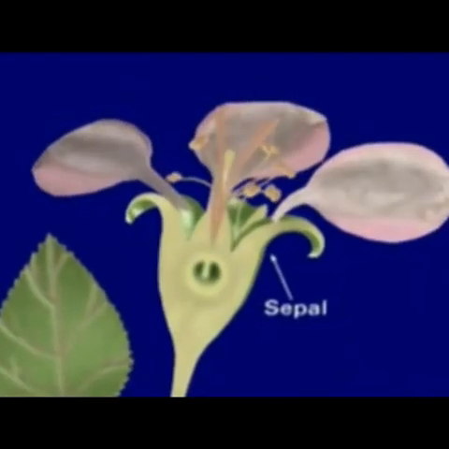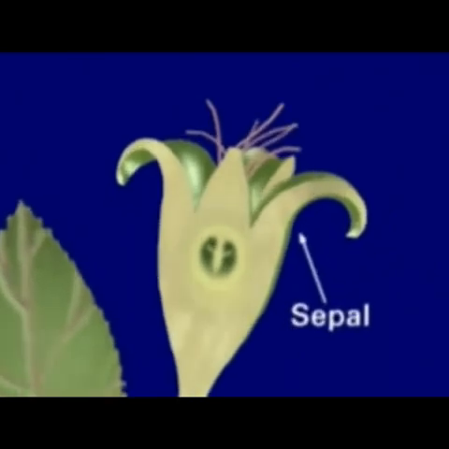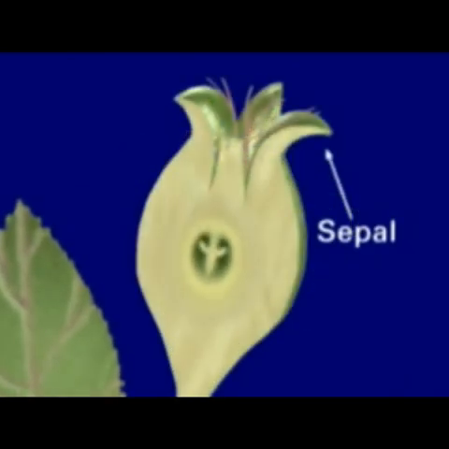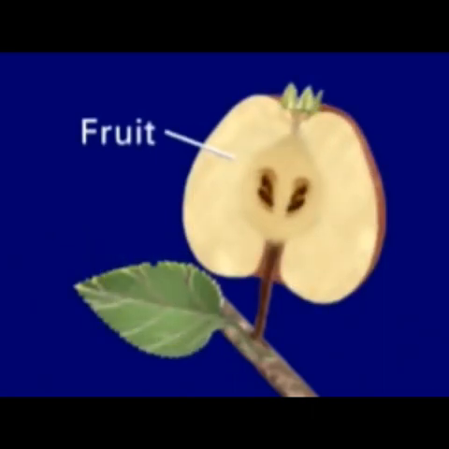After pollination, the petals, stamens and upper portion of a pistil fall away. The ovary is changed to fruit and the ovules are changed to seeds. Thus, the fruits and the seeds are ready for raising the next generation.